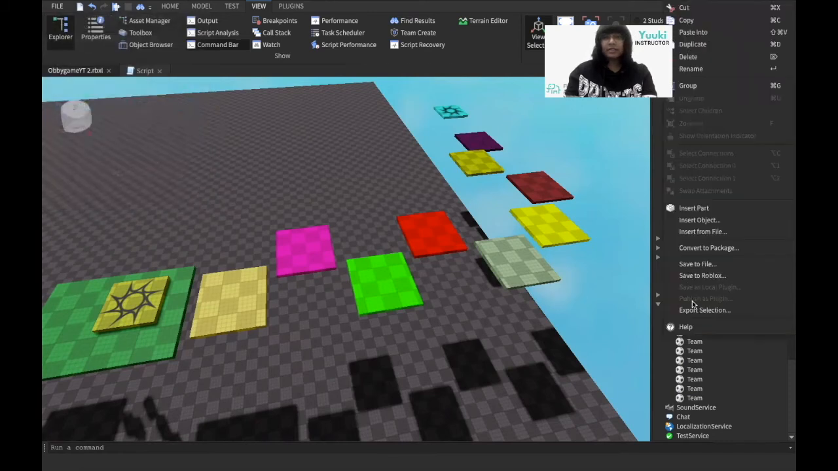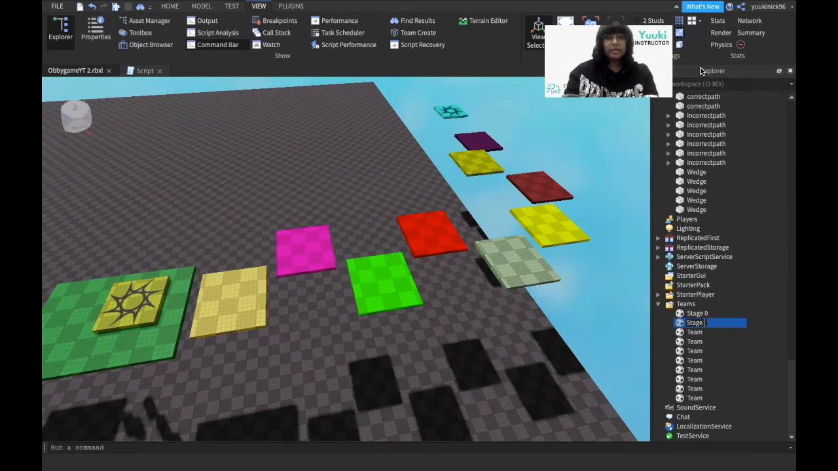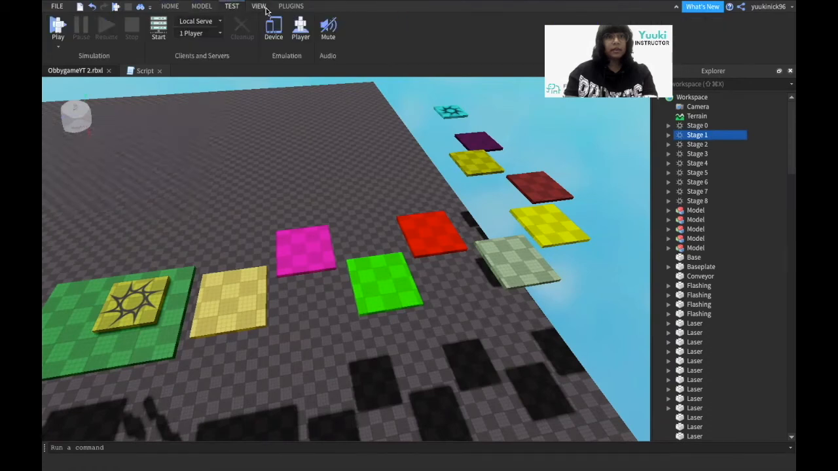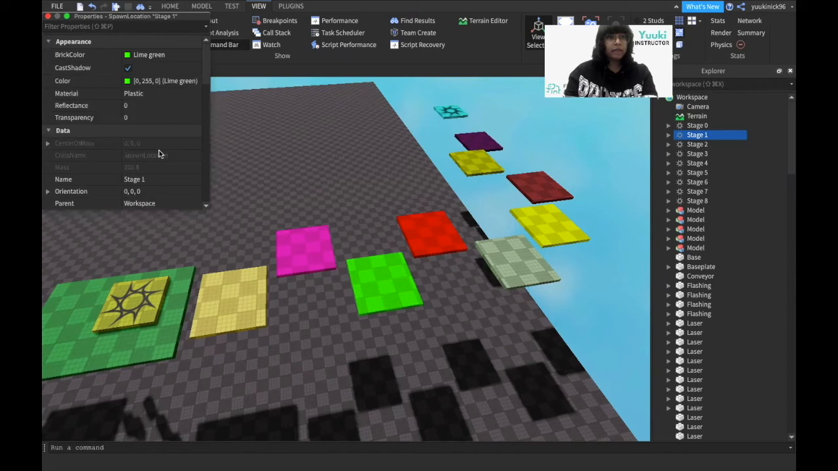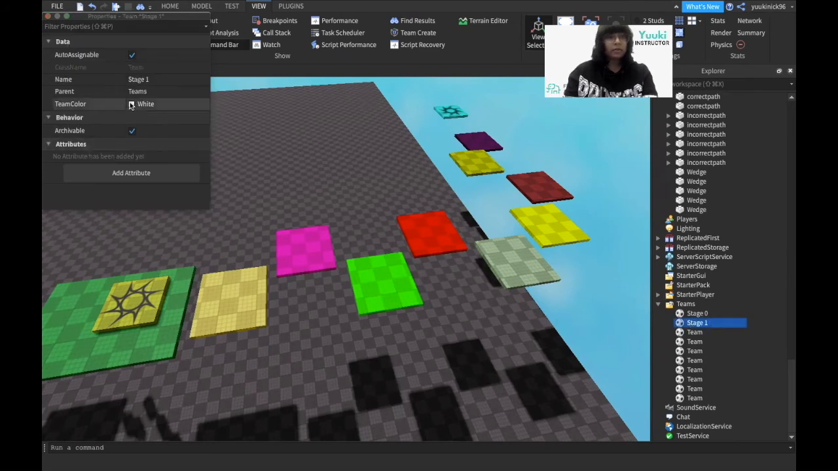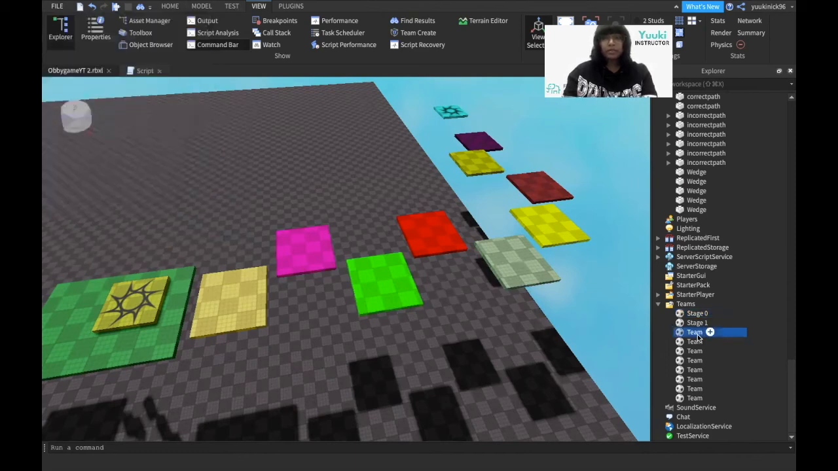Okay, so the next team would be stage 1. So for stage 1, the team color I have assigned is lime green. So for stage 1, I'm going to make sure the team color is lime green. And starting from stage 1, I'm going to make sure that the auto assignable property is unticked, so that when you fall down, they don't get randomly assigned to another spawn point. But stage 0 should be auto assignable because it's the first spawn point. So I'm going to keep on repeating. So stage 2,